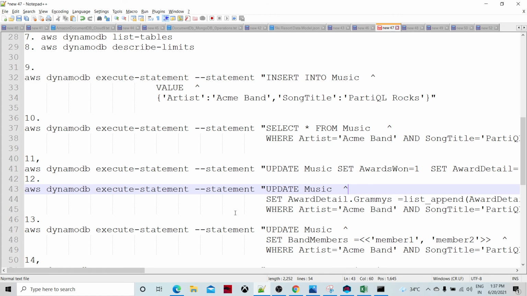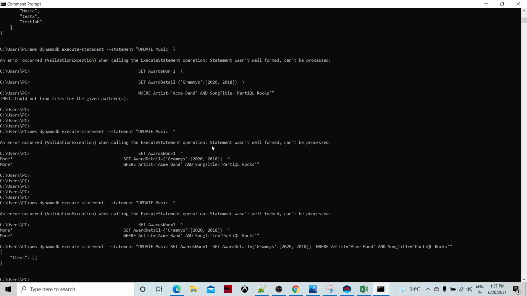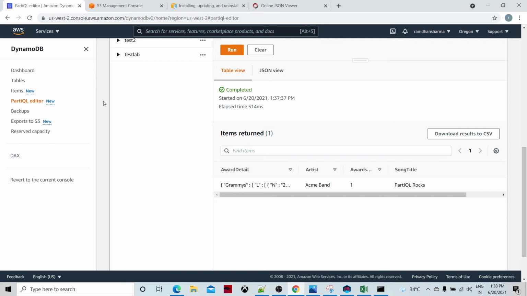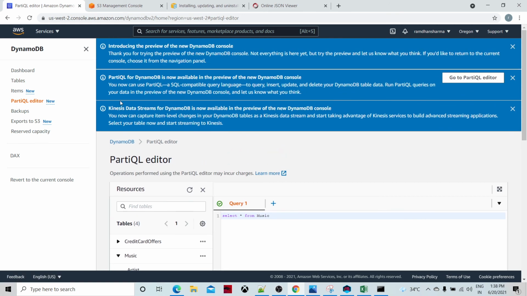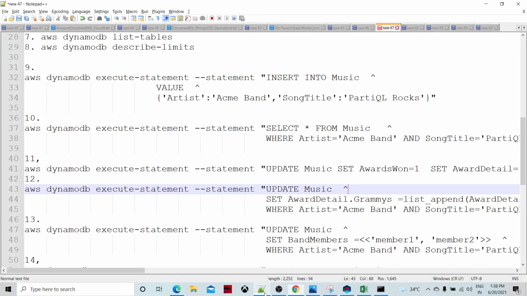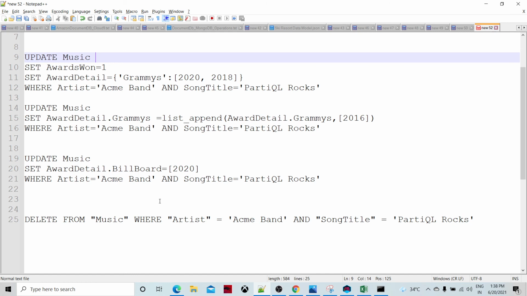So we can do these operations in three ways, and this is how the PartiQL editor works. There are other operations that can be done. Likewise, we can perform many operations over here. Let's say we want to delete this.